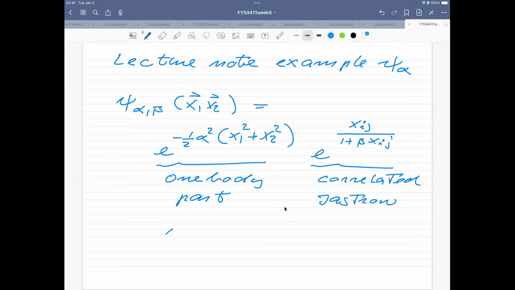And this term xij is nothing but the square root, if we are in 2 dimensions, which is the case here. So it's x1 minus x2 squared plus y1 minus y2 squared. So that's the relative distance between two particles. Now, this function here is actually a function which gives a pretty good result. So the exact energy,